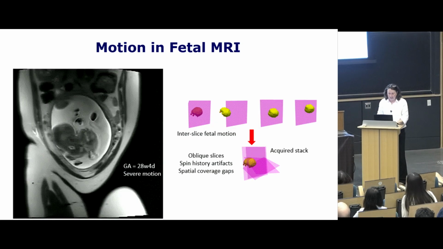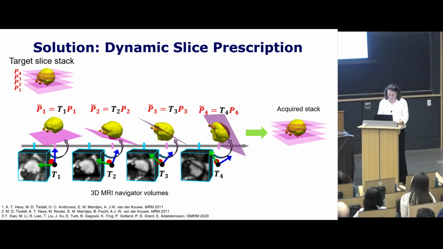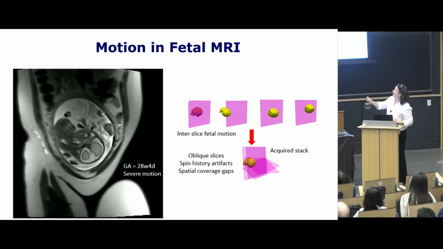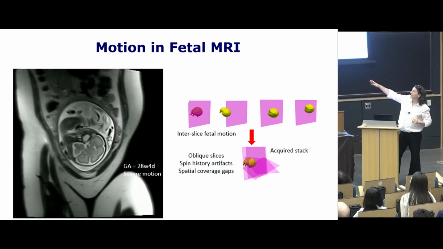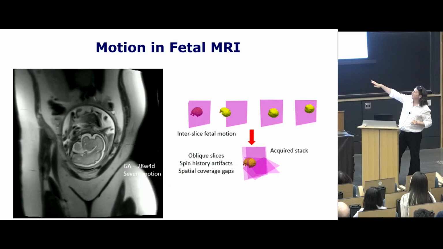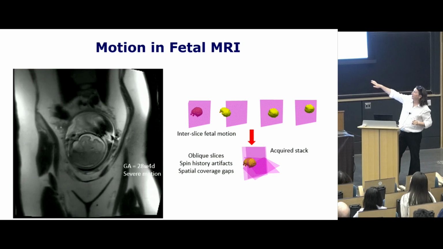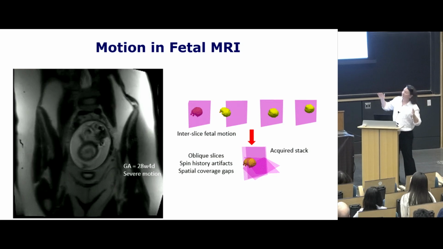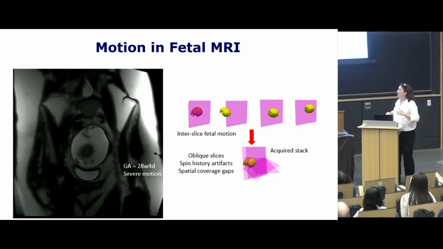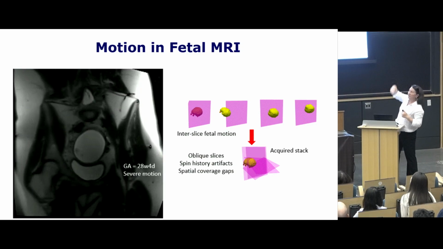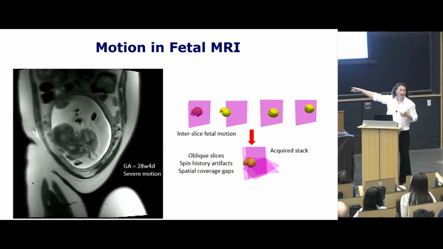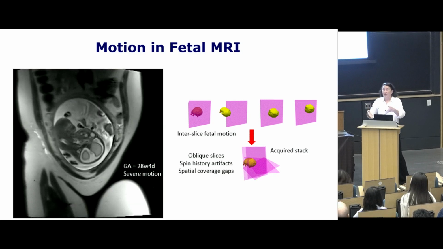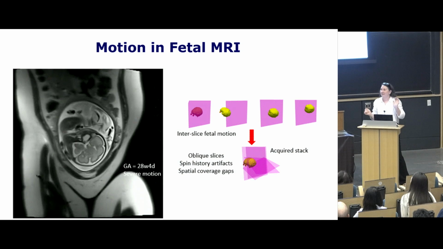So here's the video of one of these. Here you can see the mother and the fetal head and the baby. Basically in every frame here, the baby is looking at us and then sideways, at us and then sideways, and then it moves and so on. And so instead of planned slices that go like this, you end up with this fan-like stack. And the radiologist has to look at it and say, is it okay or are there problems?